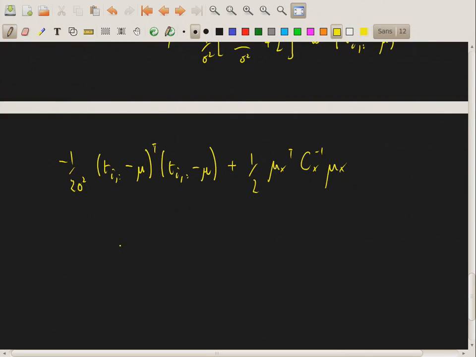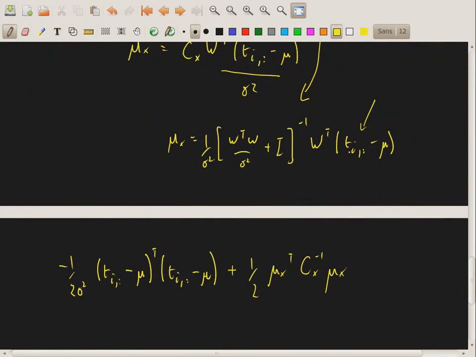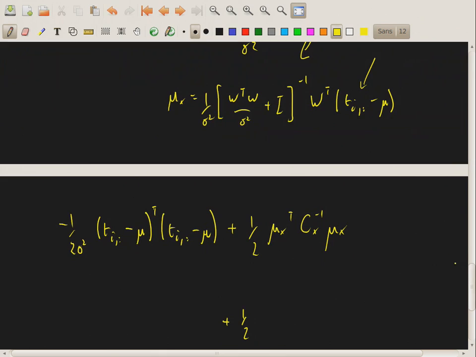That's a plus half. Now, what was mu x? It's got a Ti, colon, minus mu, and in transpose that's going to appear first. And then it's got this,